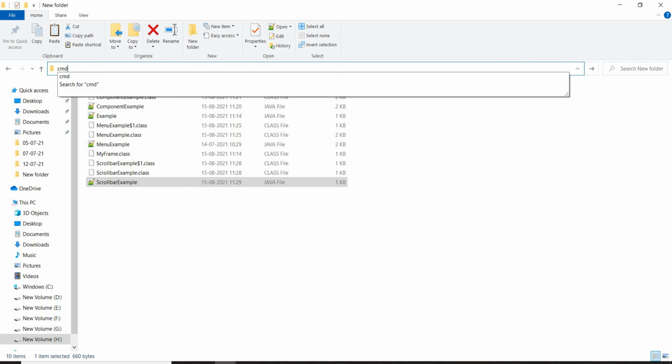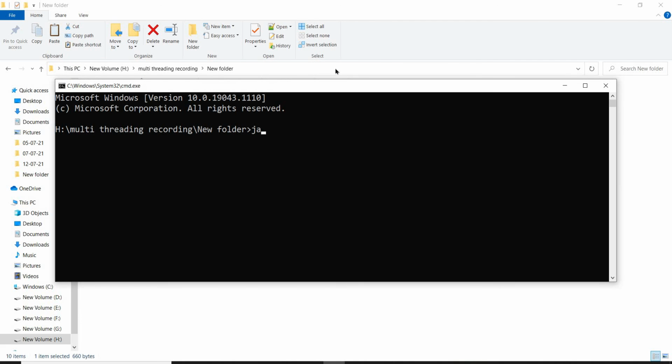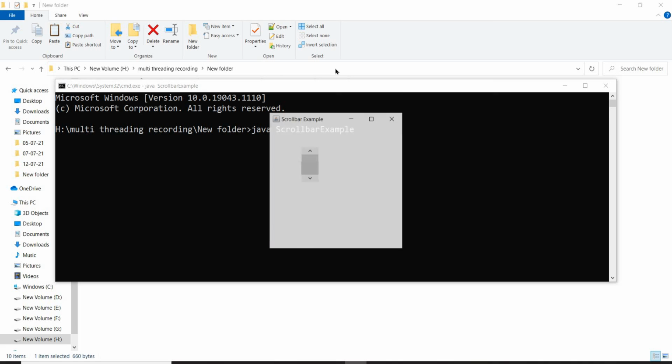First I will execute without compiling the scroll bar, so that you can see the AWT scroll bar component. See, this is how the AWT scroll bar looks like.